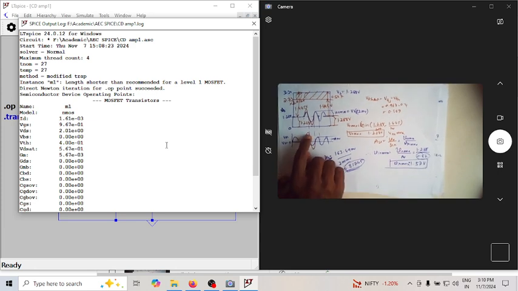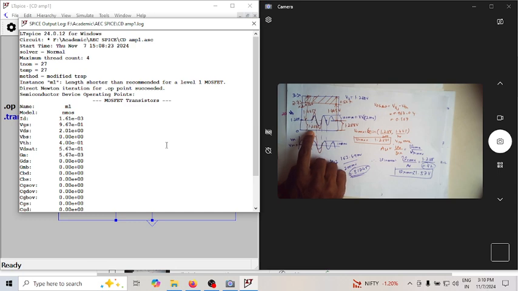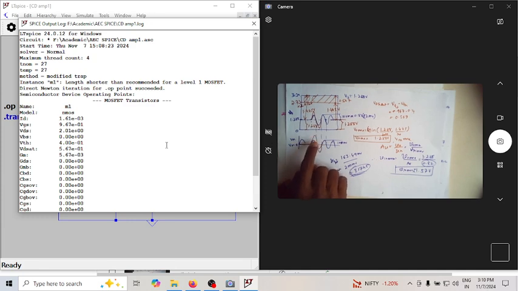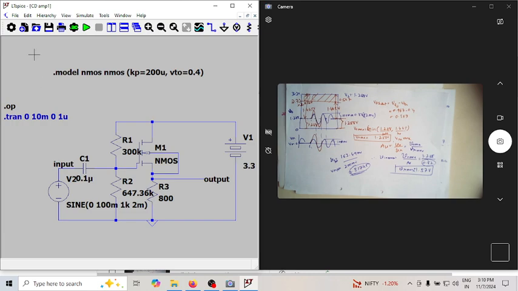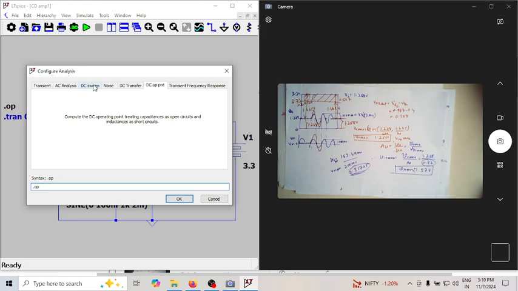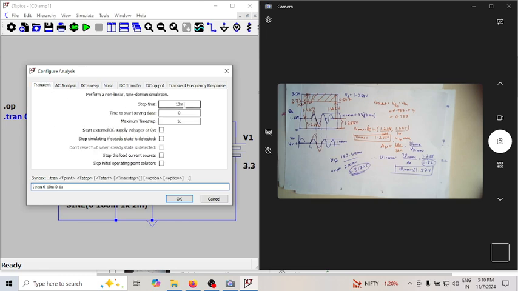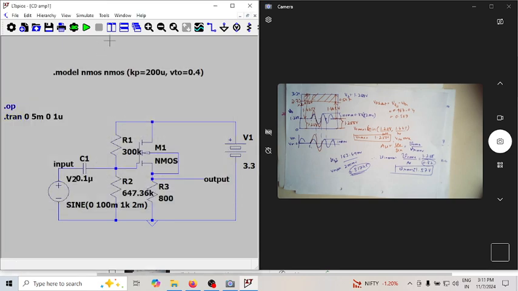Of course, let us apply a signal after the first 2 milliseconds. Let us take T1 as 2 milliseconds, since I have a frequency of 1 kilohertz. So for 2 cycles there is no signal, and afterwards I'm applying the signal. Let us see if there is any phase shift in the waveform, what the amplification is, all those things. For that I have to change my simulation command from OP to transient. Let me see only 5 cycles, because every cycle takes 1 millisecond, so let me take it as 5 millisecond, starting from 0 with a time step of 1 microsecond. If I run now,